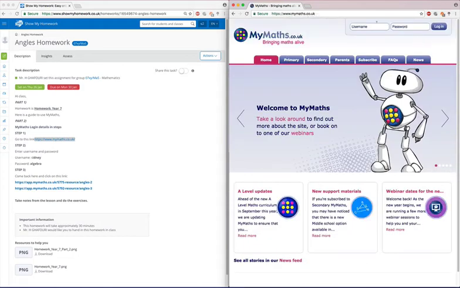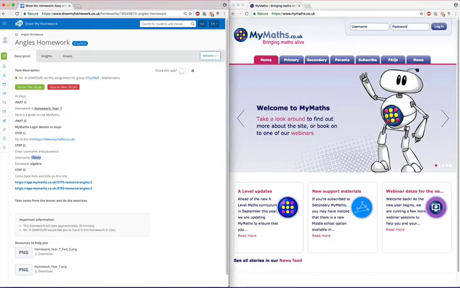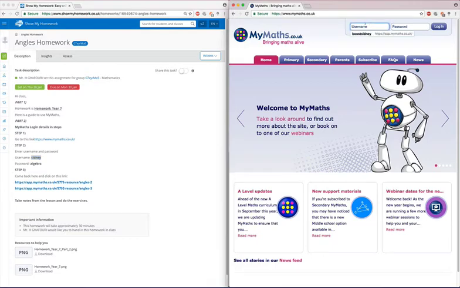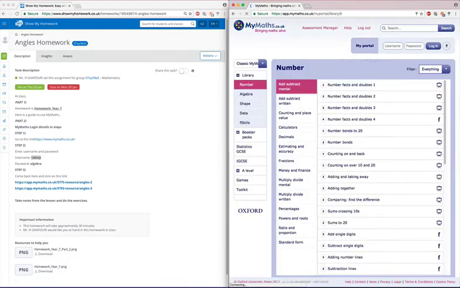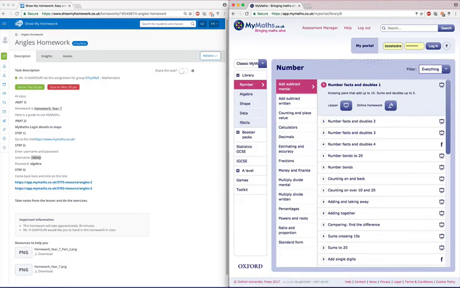When you go onto MyMaths, you will need to enter a username and password. Your username is Sydney. This is for everyone. So Sydney, and your password is algebra, written here. Algebra. When you've done that and you've logged in, what I want you to do is go back to Show My Homework